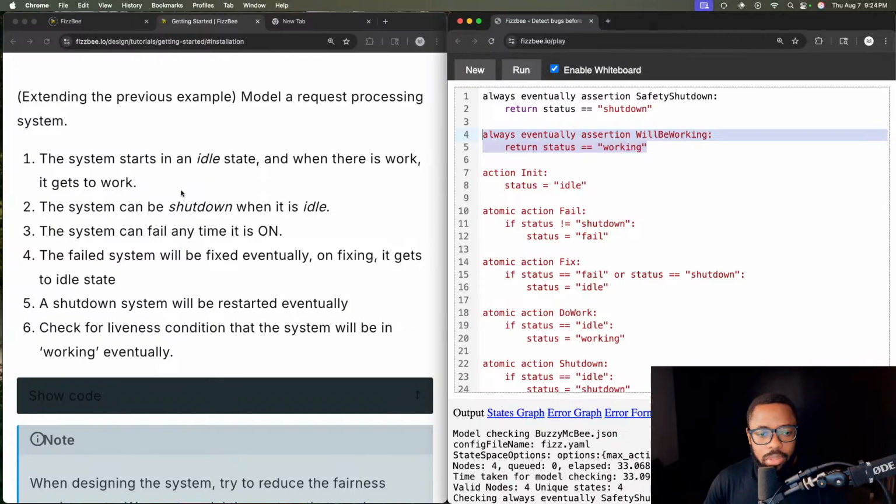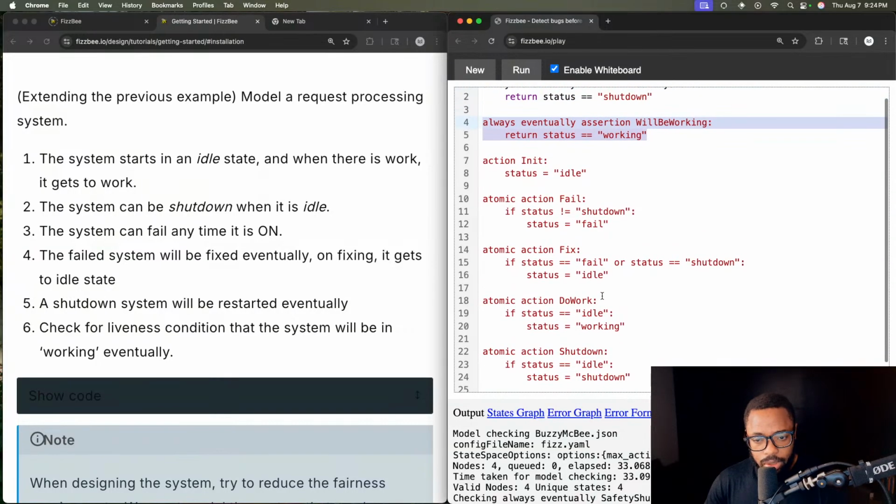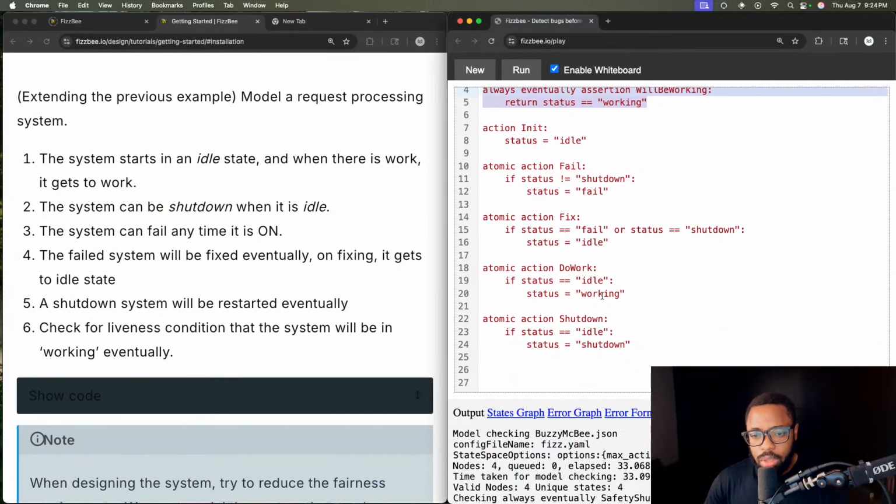I think that's problem number 1. Problem number 2 is I think I still need to deepen my understanding of the use of